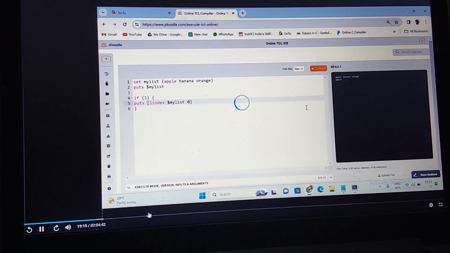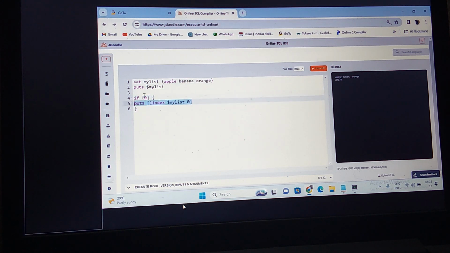Now if I put 0 for the if condition, what happens? It is going to skip this. Since the condition is not true, it is skipping this line. It skips this line, so it prints only this. This is a list we have declared with the curly brackets. To access the element of list 1, I can use the $symbol. So this is one list operator I am using here. We'll see the list operators later.